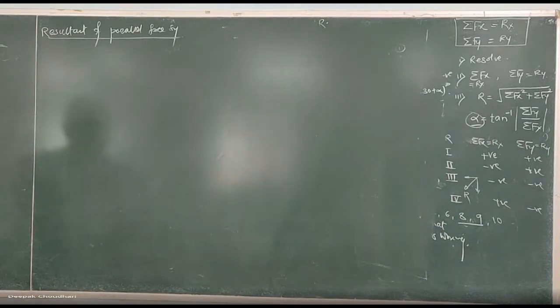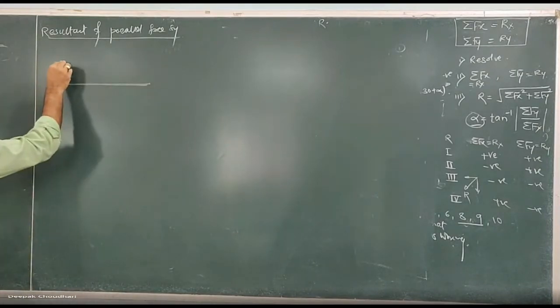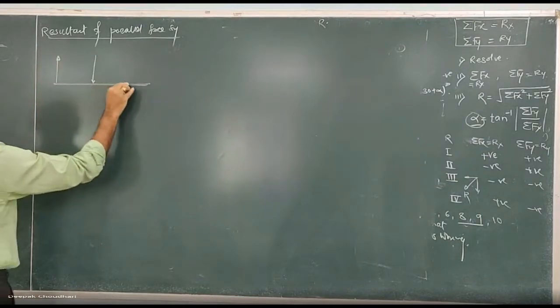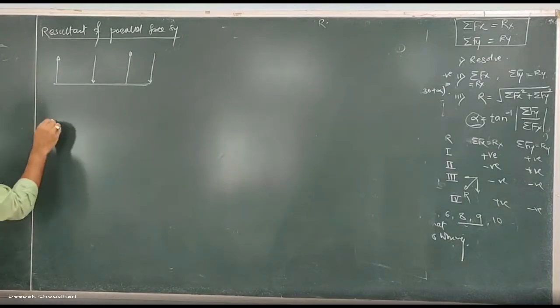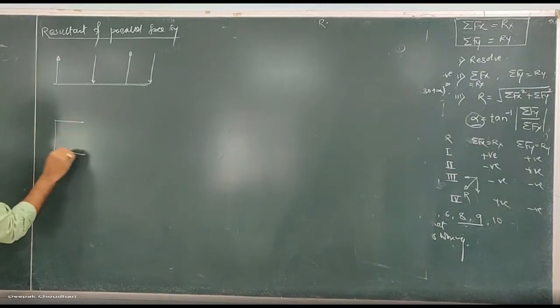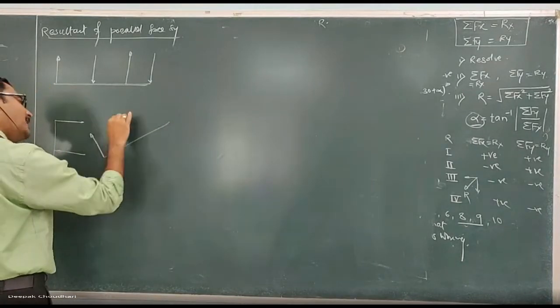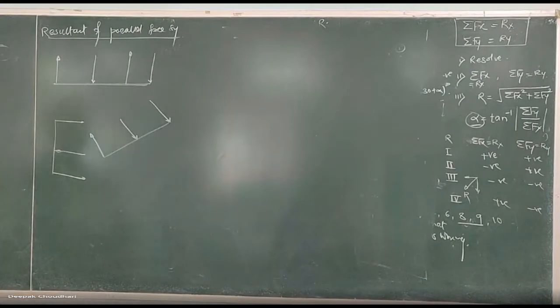Okay, resultant of parallel force system. Next topic. Now, what is this parallel force system? All of you are aware about the parallel force system. Here, the lines of action of the forces are parallel to each other. They may act in the opposite or the same direction, but their lines of action are parallel to each other. Maybe vertical, maybe horizontal, or even inclined. They may act on an inclined body also. Such type of force system is known as a parallel force system.